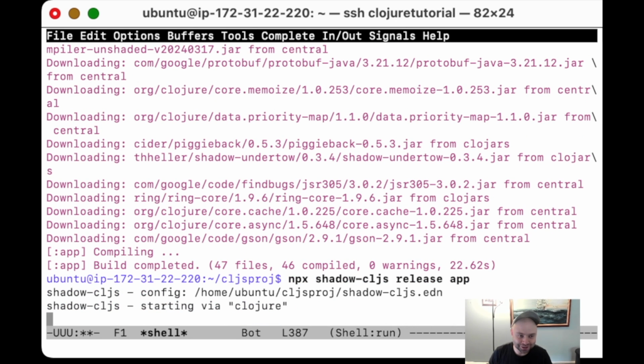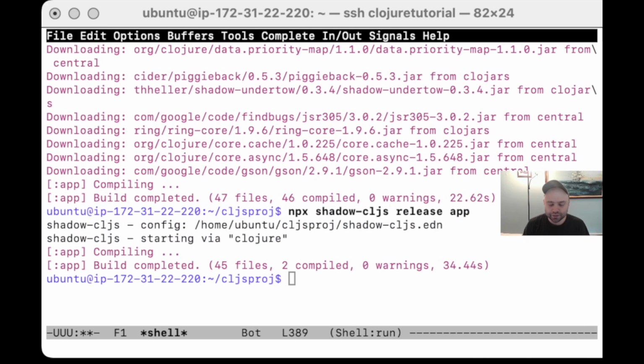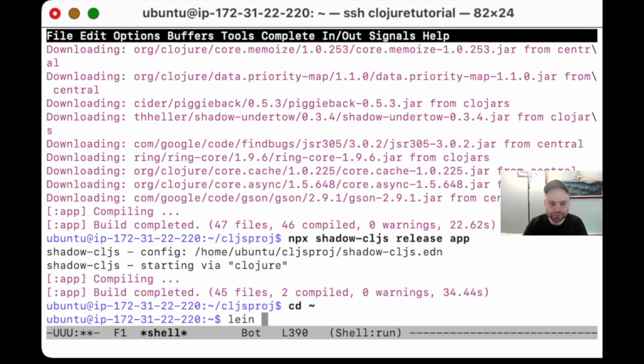And this does the compilation with all of the advanced optimizations and stuff applied. Now, usually when I develop on a Clojurescript project, I do it as part of building a website that also has a real backend. So just for demonstration purposes, I'm going to make a little backend web server that serves our generated JavaScript file. So I'm going to cd into my home directory, do lein new sample-server to create